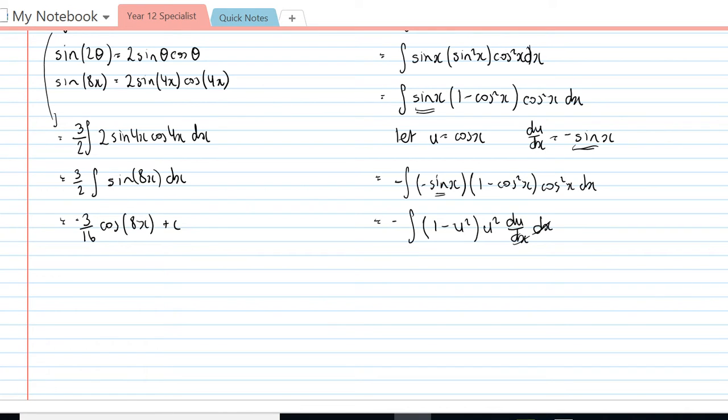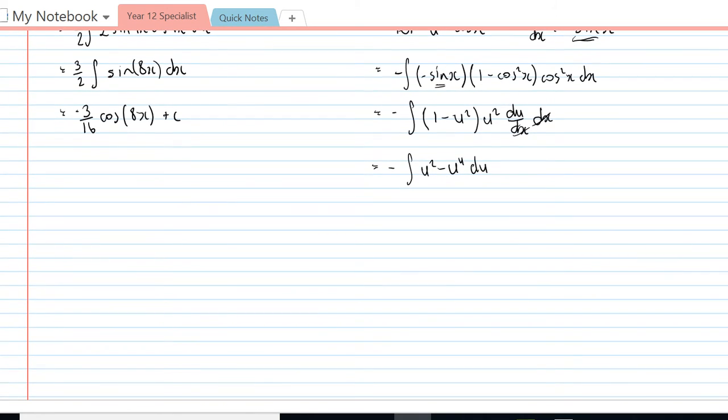So the dx's cancel each other out. Left with negative integral of u squared minus u to the 4 du, which should be fairly nice, and I might even just multiply the negative back through to make it a little bit easier. So that's just the integral of u to the 4 minus u squared du,